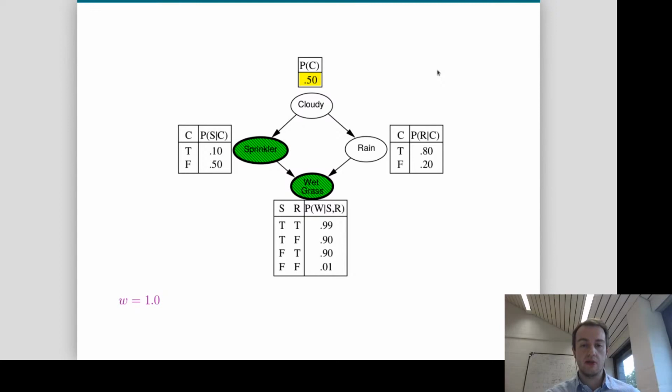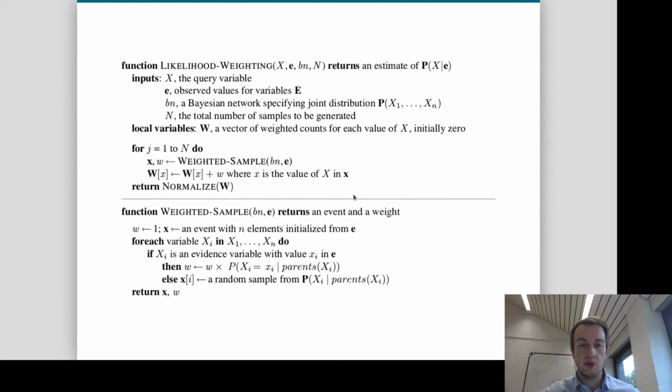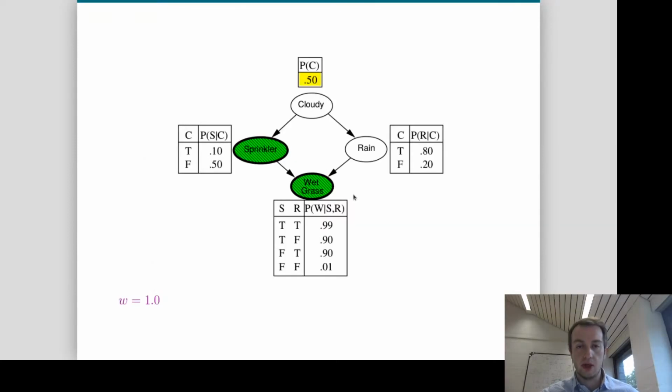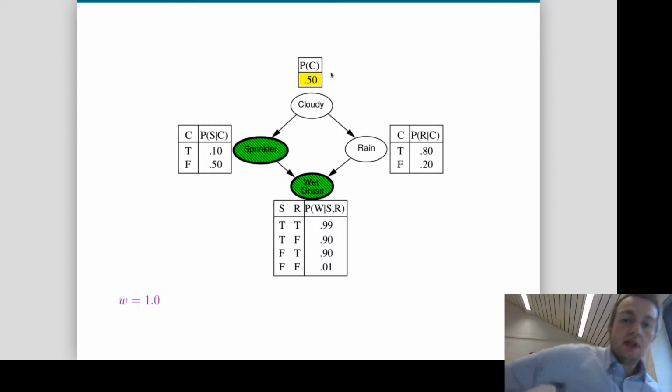Okay, so let's go back to this other Bayesian network with the 4 variables: cloudy, sprinkler, rain, and wet grass. And let's say we want to generate samples from the full joint distribution, but in which we have set the 2 variables, sprinkler and wet grass, to be positive. Okay, so if you follow the likelihood weighting algorithm, you would first draw, again, following the